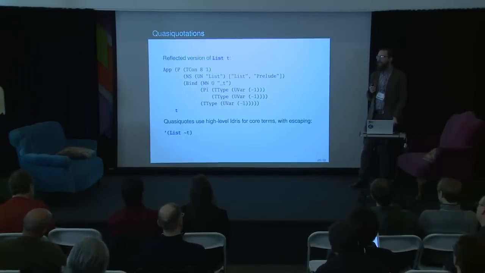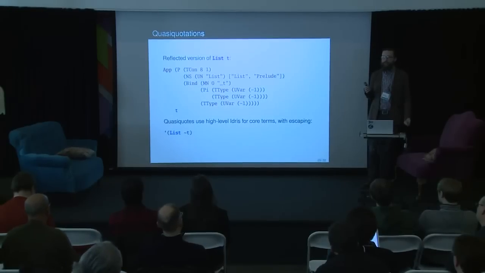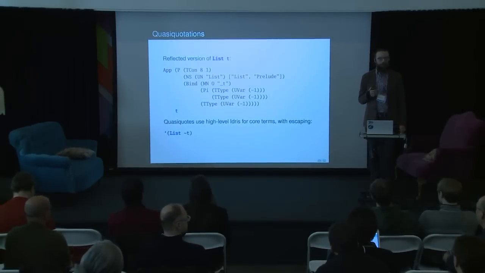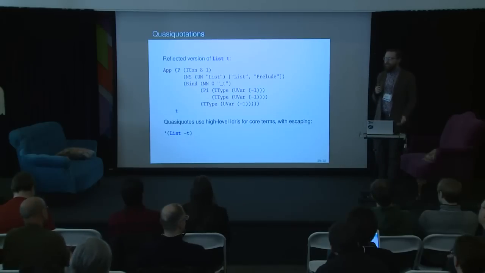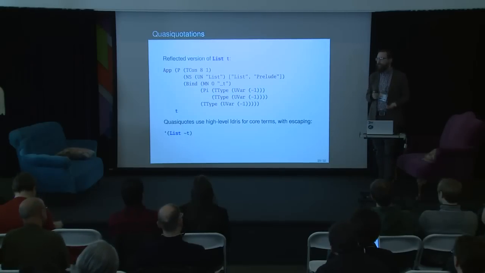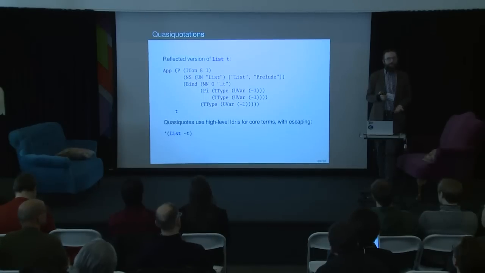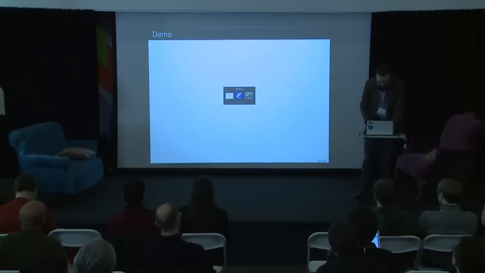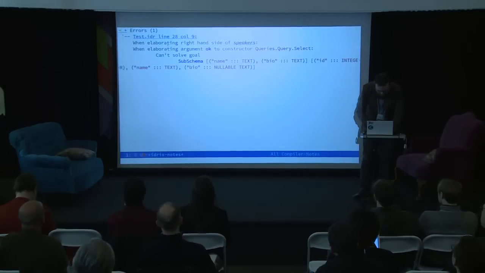So the tilde here is working kind of like a comma would in traditional Lisps, or just like the tilde does in Clojure, if anybody here is using that. And the reason why this works is that the Idris compiler already knows how to translate high-level Idris code to the core language. So it just does that for us, and then we ask for the reflected representation rather than using it. So now that you understand what that crazy backtick notation means,